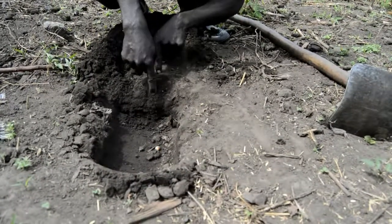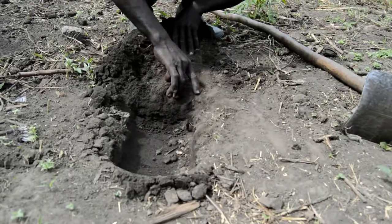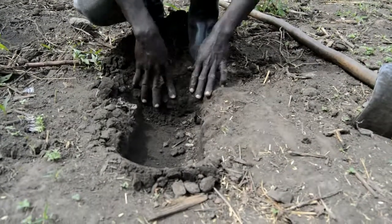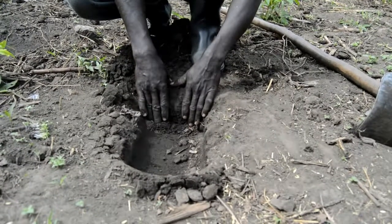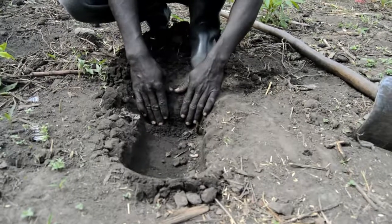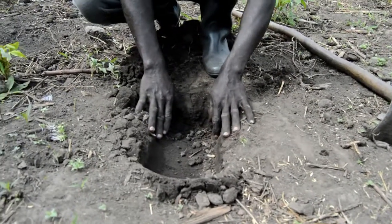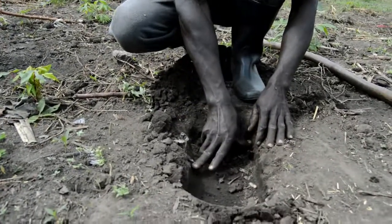So the length of this one is 25. If you make the hole like this, it is not only for one type of crop, but you can plant a lot and keep replanting them. So you can plant genets and even maize. Maize, we only make them to be 3,